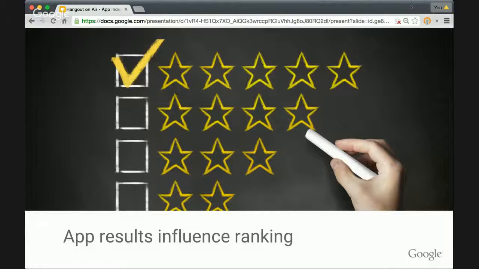We've been asked frequently what are the main benefits of implementing app indexing. So we want to use a couple of minutes to refresh that knowledge on this area. And we want to remind you that we announced in April this year that app indexing influences the Google ranking. That's one of the main benefits. Apart from that,